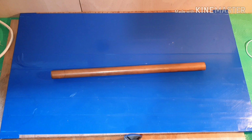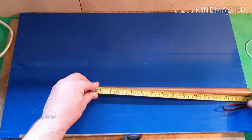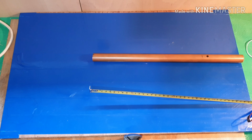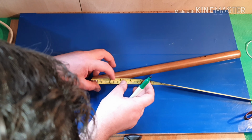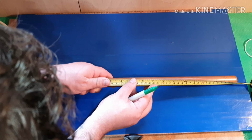So these bits of copper piping were just lying around from an old project, but it's quite readily available in normal DIY stores, little handy ones around the corner, you know, B&Q, places like that. So take your tape measure out, find your 6 inches, somewhere there,